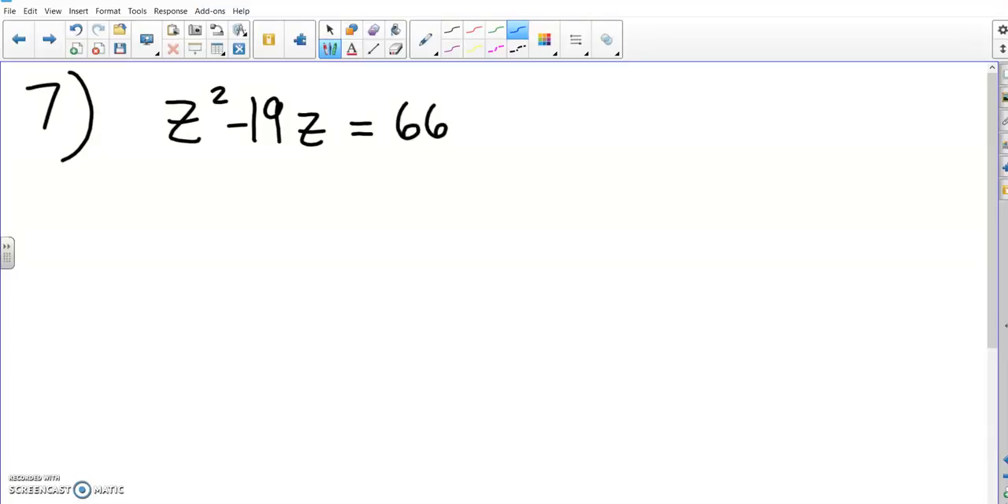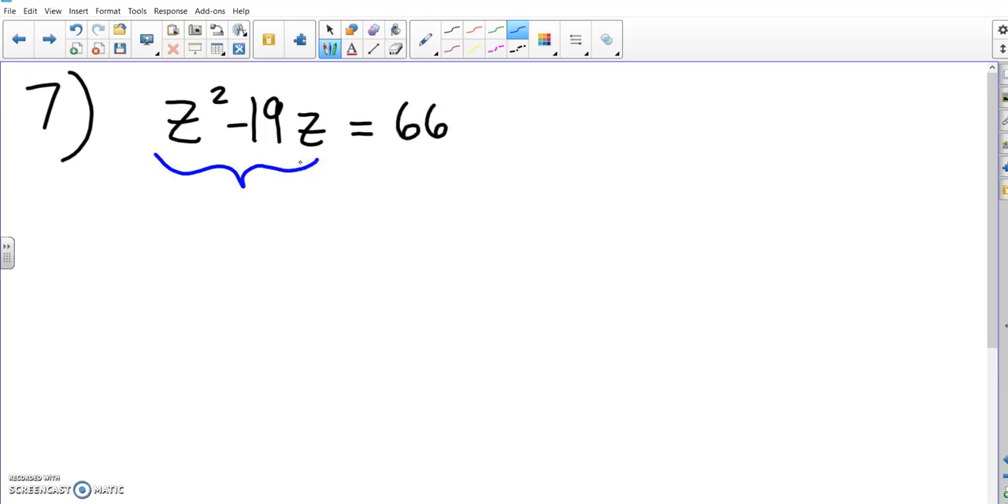This is number 7 from your 9-5 practice homework. So we have an equation and our goal is to solve this using completing the square. So what we need to do is rewrite this so that the left side of my equation can be rewritten